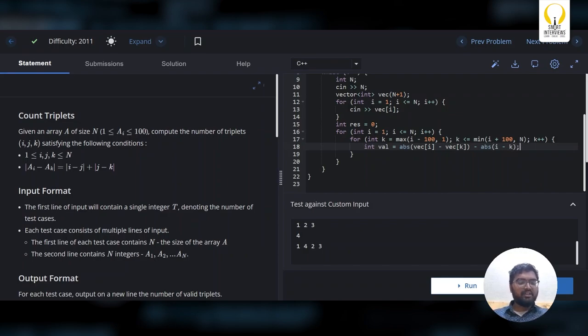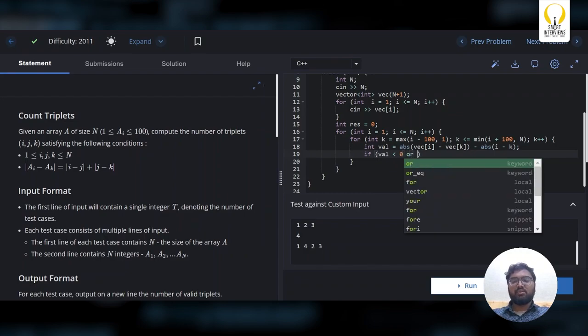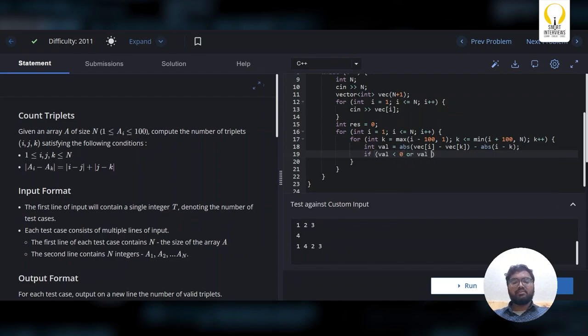So this value you definitely have to consider. So if this value is less than 0 or value is odd number, value percent 2 is equals to 1,